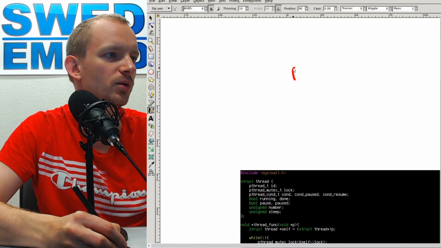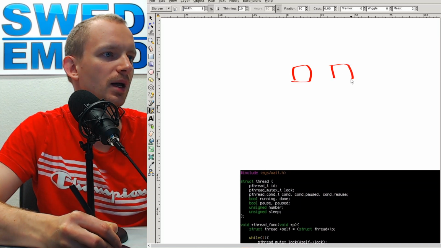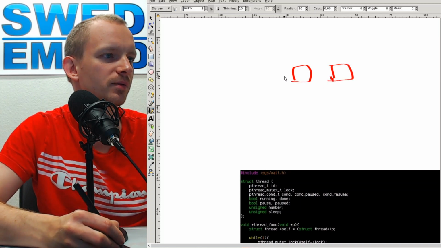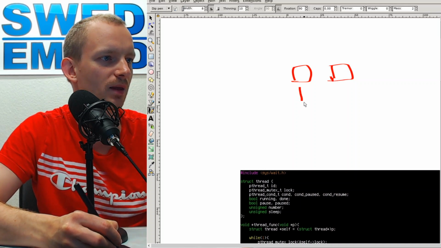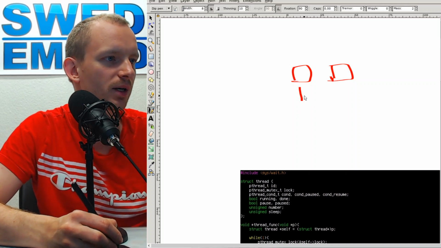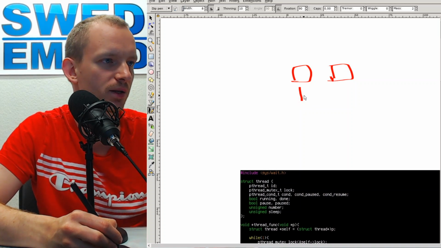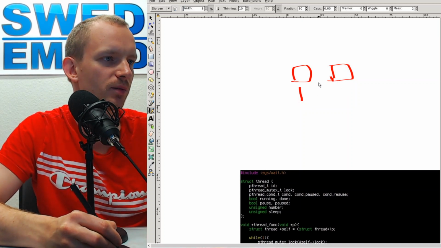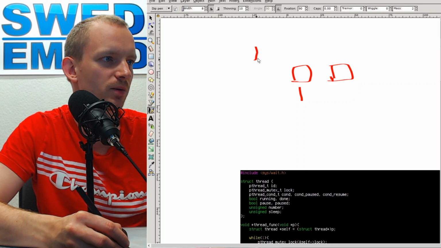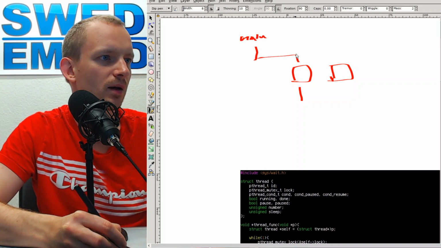So we create two threads, and then we have some methods in each thread which lock and unlock the mutex, and we can pause the thread, we can unpause the thread, but also once we've created these two threads from our main, we then call fork,